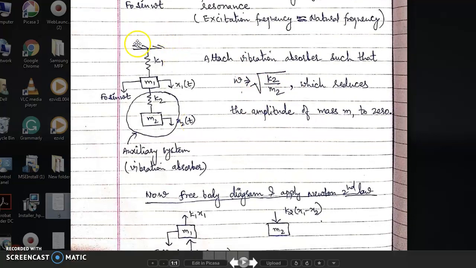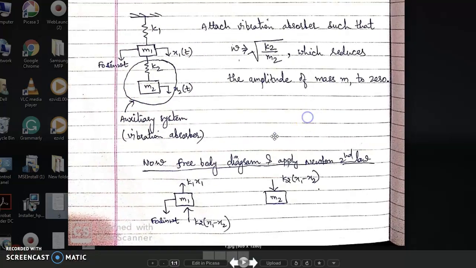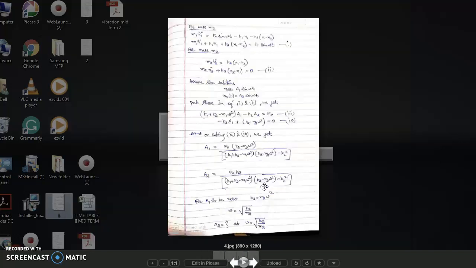So this is our system now, complete system. Okay, so show the forces free body diagram. We know this free body diagram of M1, F0 sin omega t. Let's say x1 greater than x2. Spring will compress, so it will exert force K2 into x1 minus x2. This spring will elongate, so this is K1 x1 simply. M2, only this spring force will work, and it is opposite to the same, that is K2 into x1 minus x2. This is our free body diagram.